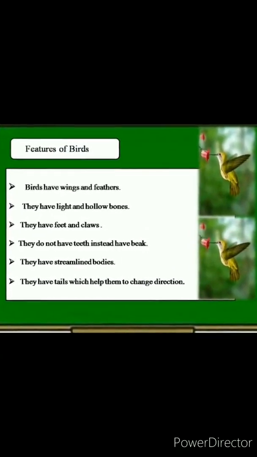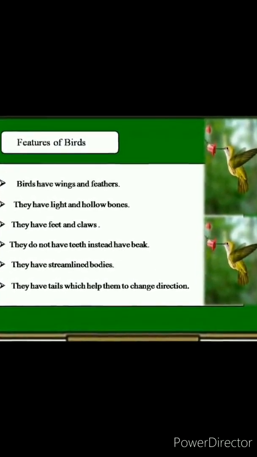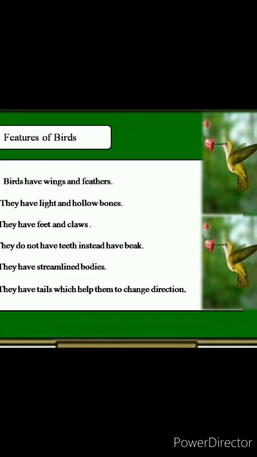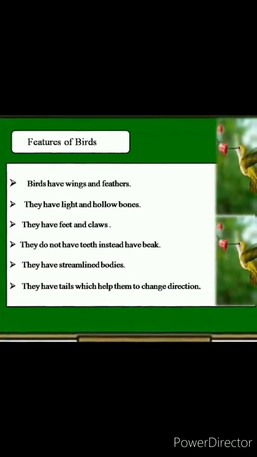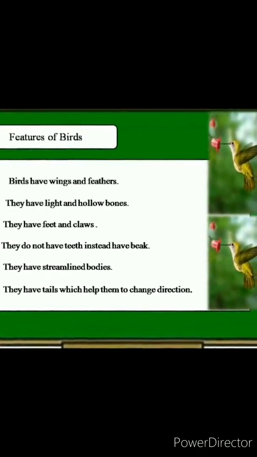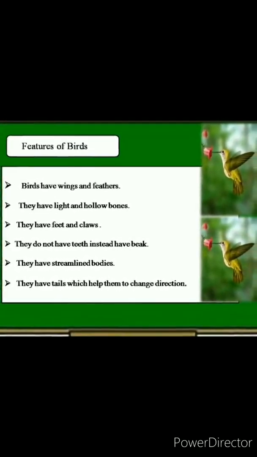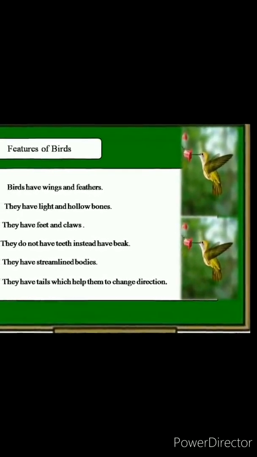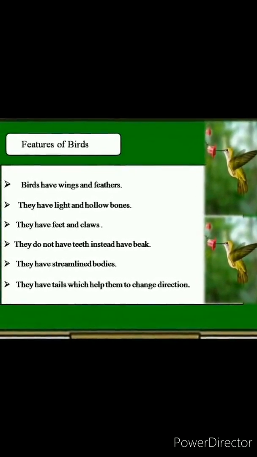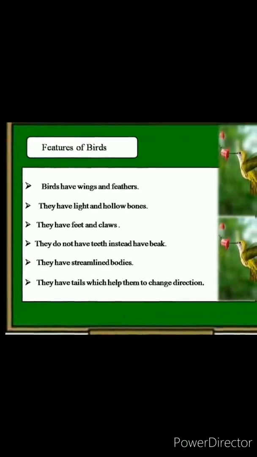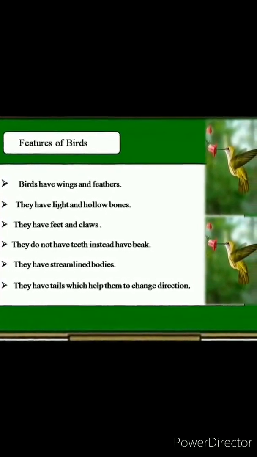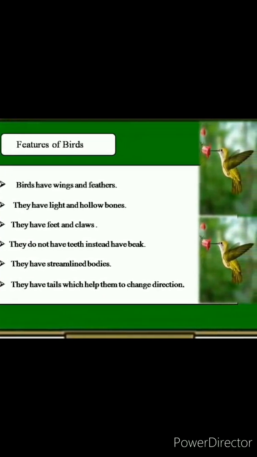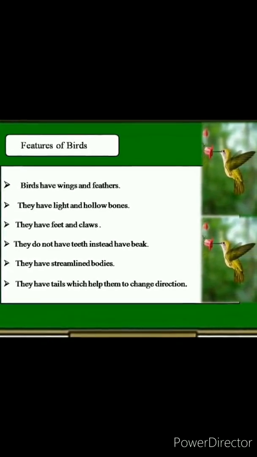Let's revise the lesson once again. Birds have body parts like claws, beaks, feathers, and wings, etc. Birds' wings and feathers help them to fly. Birds are egg-laying animals. Birds have hollow and light bones, which make their bodies very light.